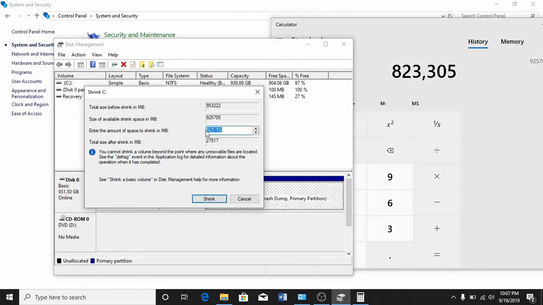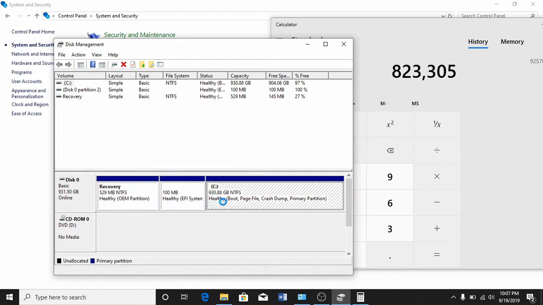I now enter this value as the total amount of space to shrink area. I confirm this by clicking on Shrink and just wait. We can see that disk C has been shrunk to 100 GB.